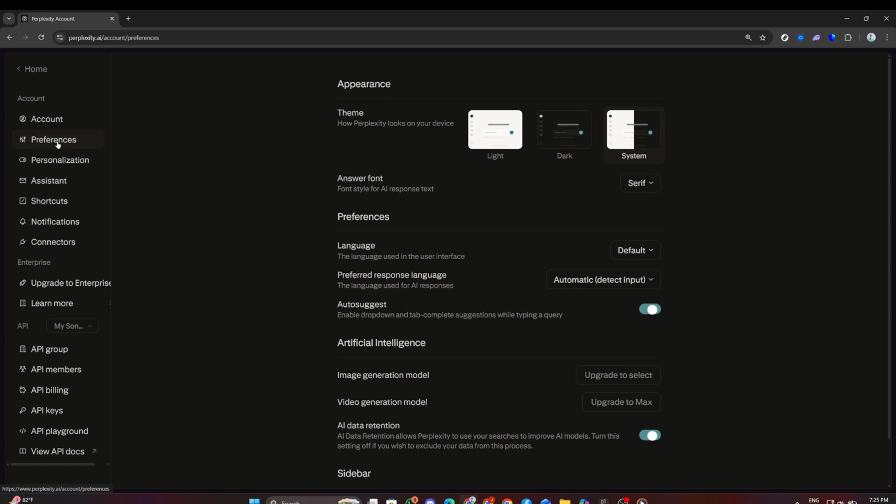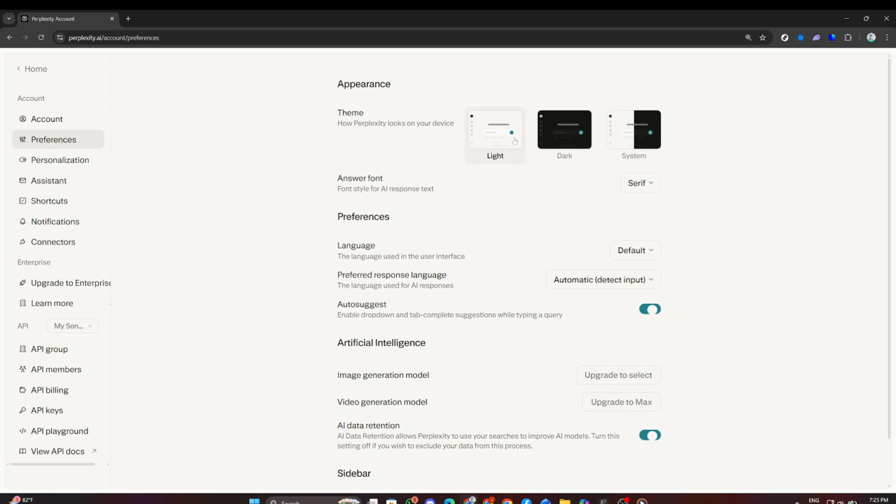This section allows you to customize how the application looks, including the color theme. Under the theme settings, you will see options for dark, light, and system themes. Select Light to turn off dark mode. Once you make this selection, the interface should immediately change to a lighter color scheme, making it easier to read